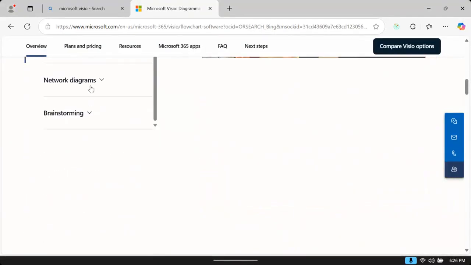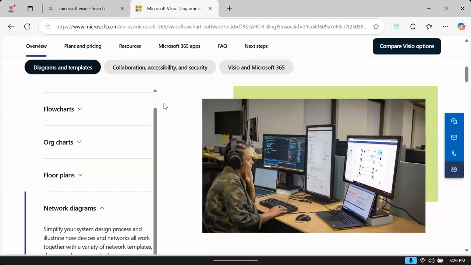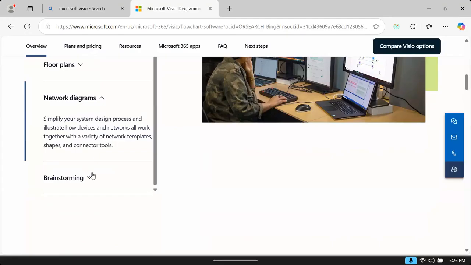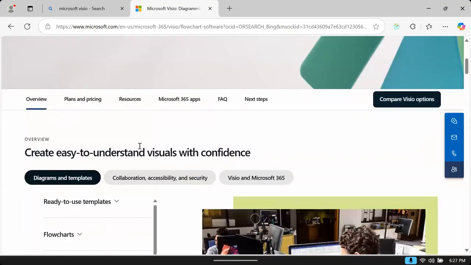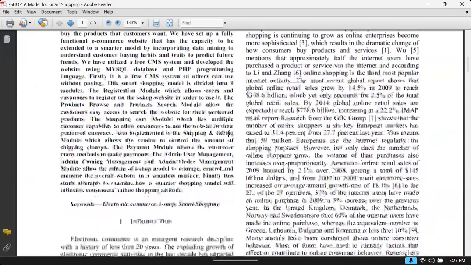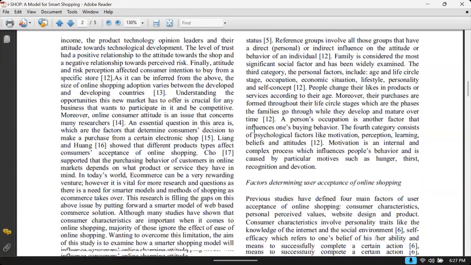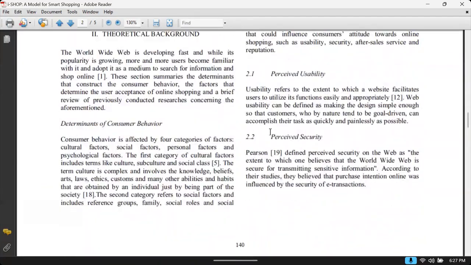It is one of the major softwares used for designing such ER diagrams and business diagrams. Actually, you see in this project, they have given some diagrams here. This is called a research paper. We downloaded a research paper. In the research paper, they will give you some diagrams like this.